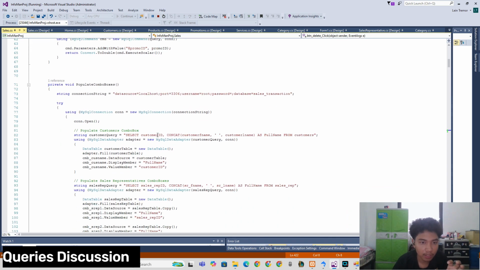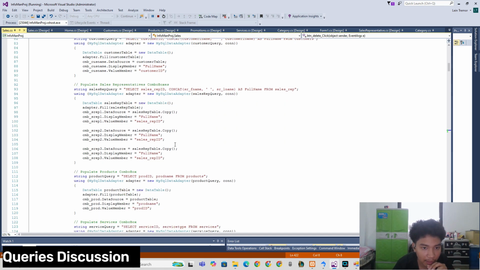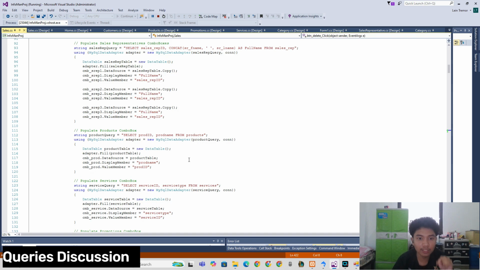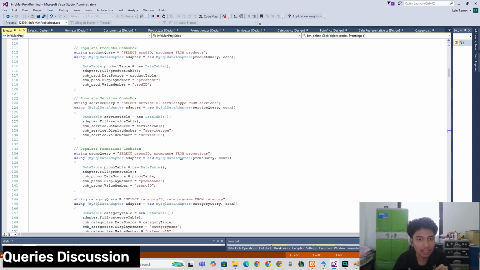Here we select customer ID, sales rep ID, and some other information that we need from the other tables. So here is our sales table, our main table. To reflect data from the other tables, we must select them from our table, and connect them on the same foreign key in this main table.